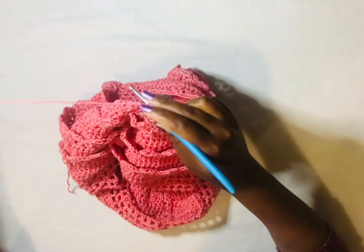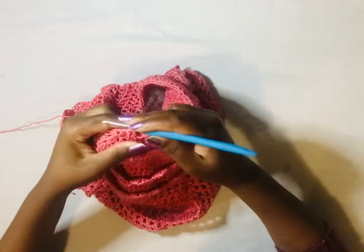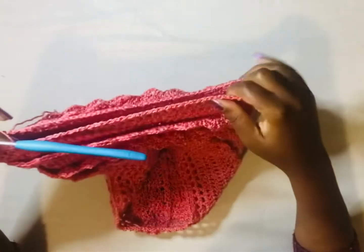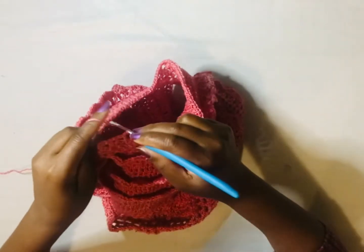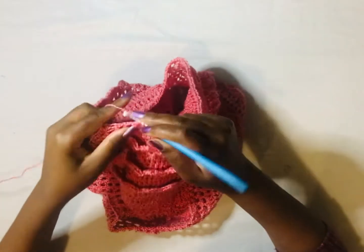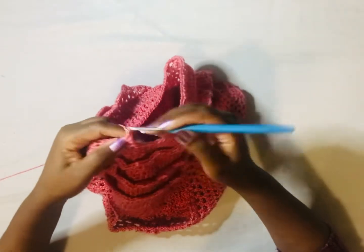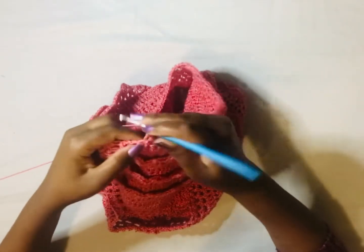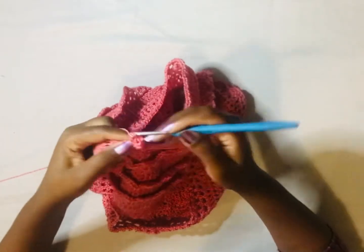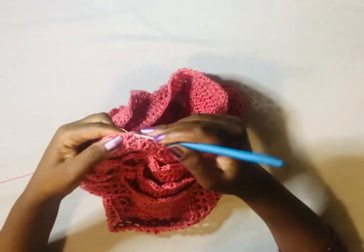And at the end, join with a slip stitch, and then slip stitch in the next stitch, chain 1, sorry, and then V stitch cluster. If you've done a larger size and you've added 2 more rows, don't forget to work the first row of the frills one more time,